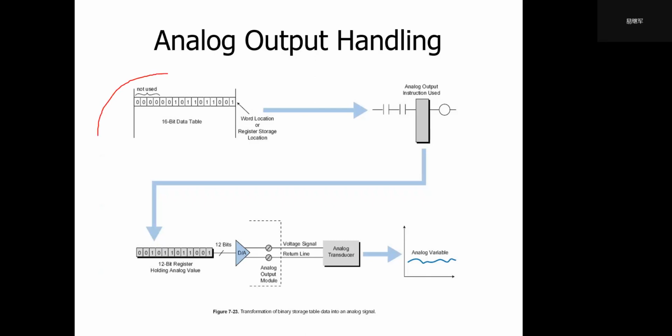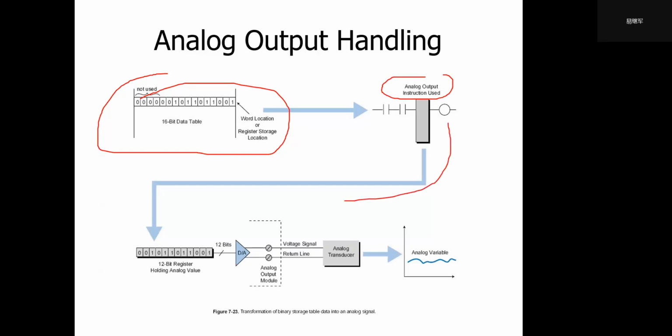The value in the PLC memory can be output to the output devices by the analog output instruction, and the value is converted to